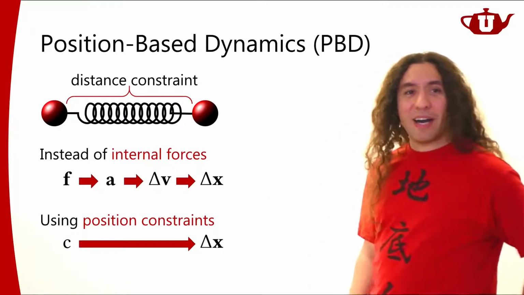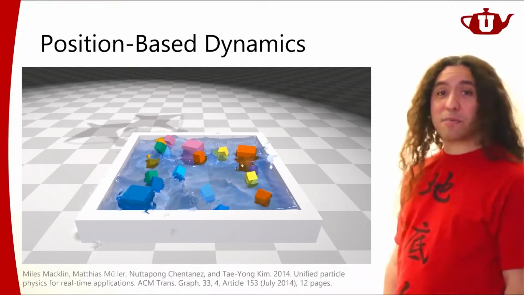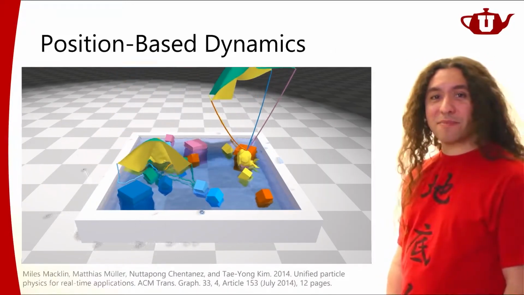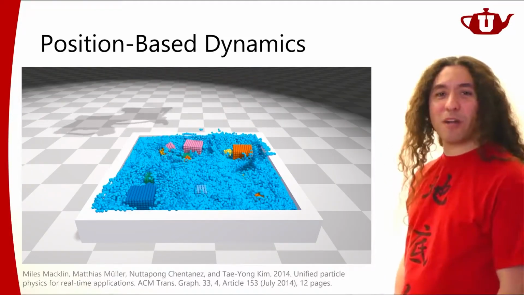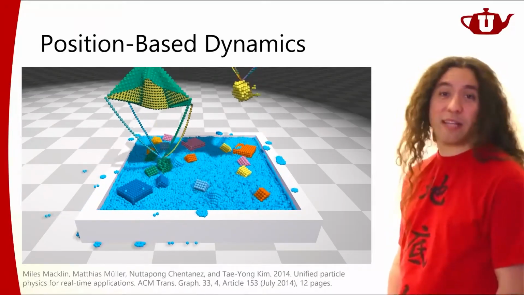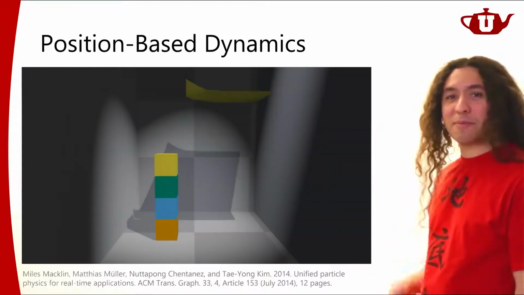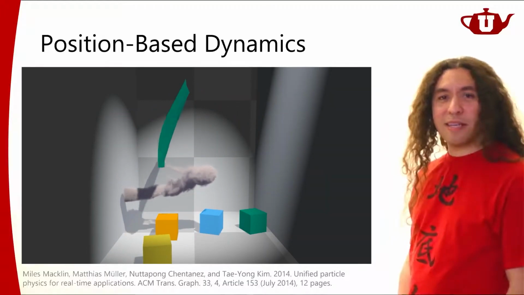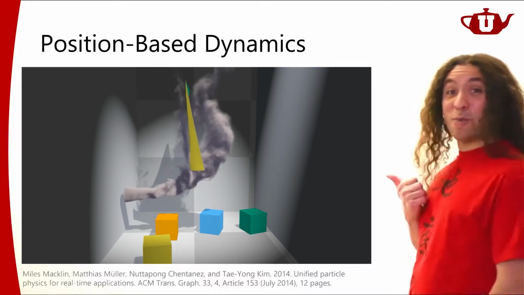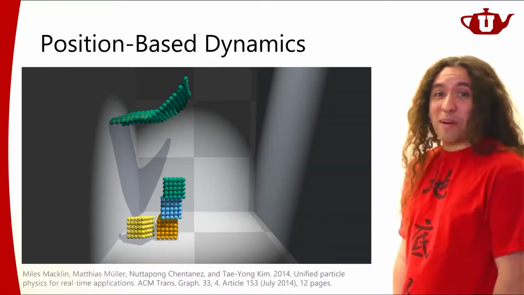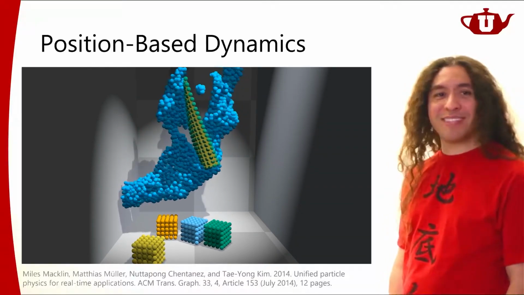I'm going to show you an example of a unified simulation system implemented using position-based dynamics. These are some super impressive demos, including fluid simulations and deformable objects like cloth and strings, and also solid objects that are represented as particles. This is showing the particle-based representation of the same simulation. Here's another example, with a smoke simulation. Again, this is the particle-based representation rendered nicely, and this is the particle-based rendering of the same simulation.